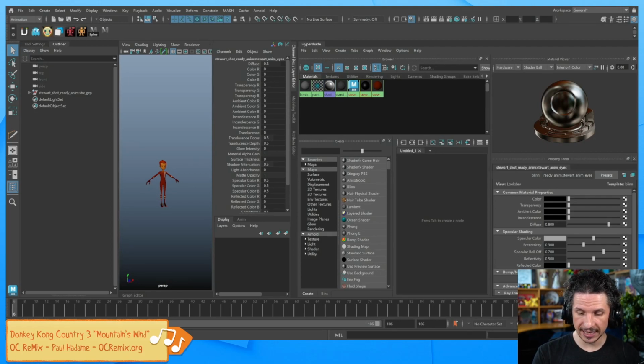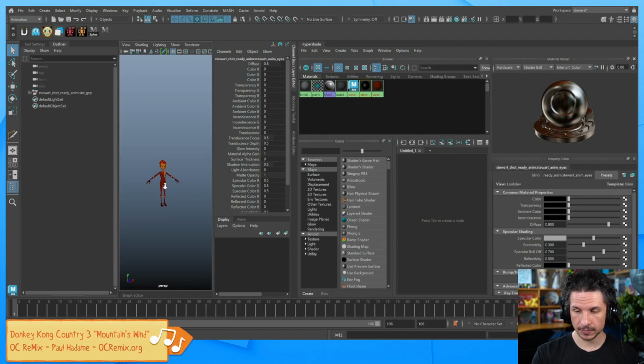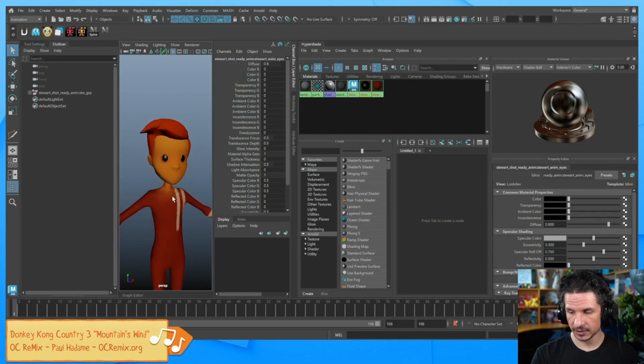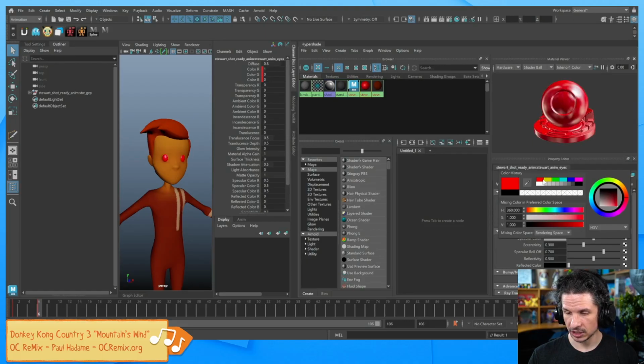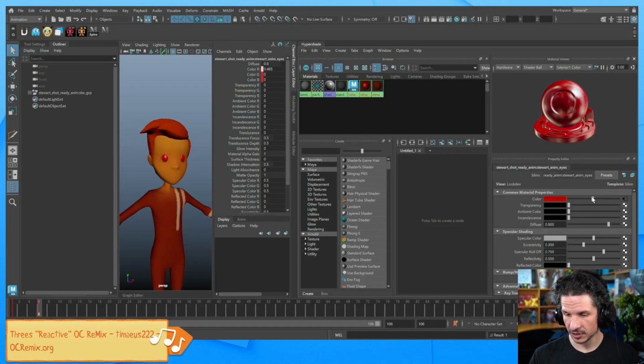And I can just key this. So here's our face right there. I'm going to key the color. So I'm going to right click on it, set key right there. And then let's do this over a few frames here. I'm going to key this again. And then I'm just going to click on the color swatch and change the color. There we go. Maybe a darker red here. And now, whoop,